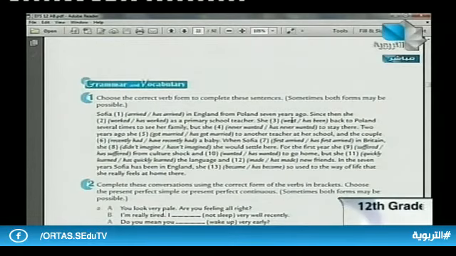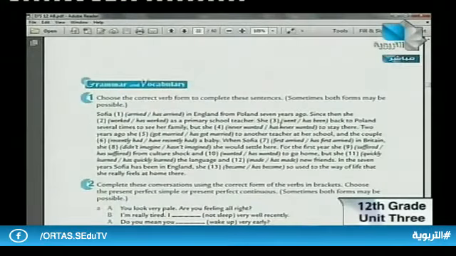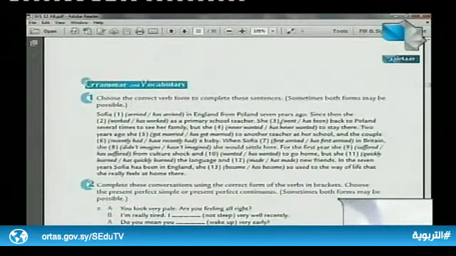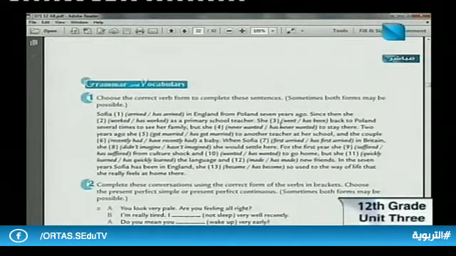Number 3 and 4 are related to each other. Yes, and both answers are accepted and correct. But if we use "went" in number 3, we have to use the past simple in the next one. And if we use the present perfect in number 3, we have to use the present perfect in number 4. Exactly. If the student chooses the past simple in number 3, he has to choose the past simple in number 4.